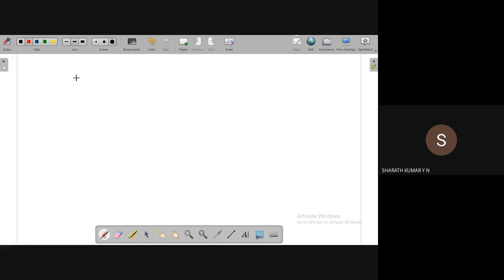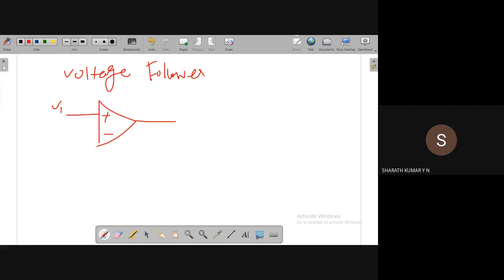One circuit we have seen is the voltage follower circuit, so that we can directly compare them here. How do we write the voltage follower circuit, guys? This is the non-inverting, inverting. Input is given to Vin. I'll write it as Vin. Let me not write the source and ground, not necessary. And the output is given as input to the inverting input terminal. This is called a voltage follower circuit.